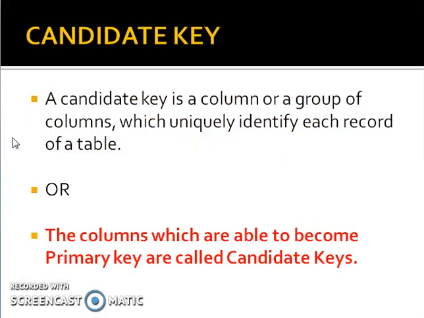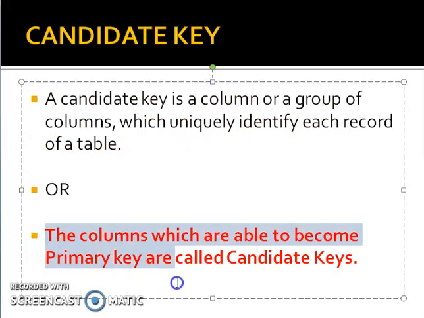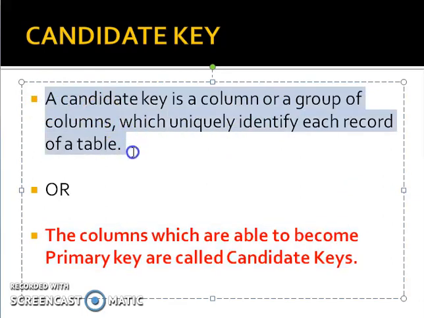And the second type of key is the candidate key. So the columns which are able to become a primary key are called candidate keys. So the quality needed to become a primary key is the non-repetition of values. No duplicate value should be there inside a particular column. So the column which is able to become a primary key is called a candidate key. So the candidate key is a column or a group of columns which uniquely identify each record of